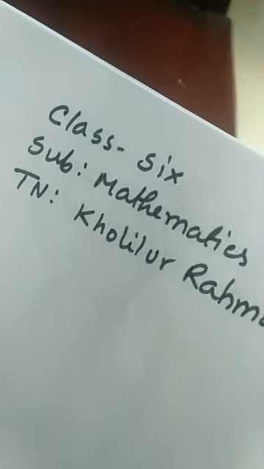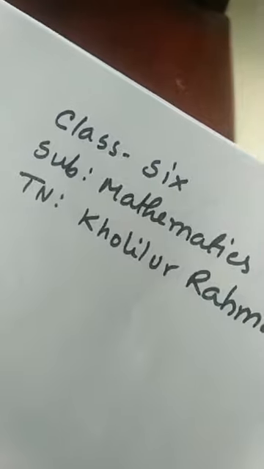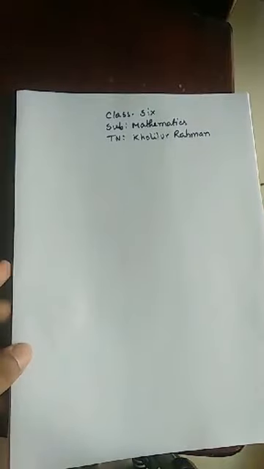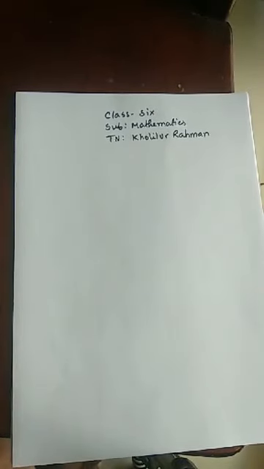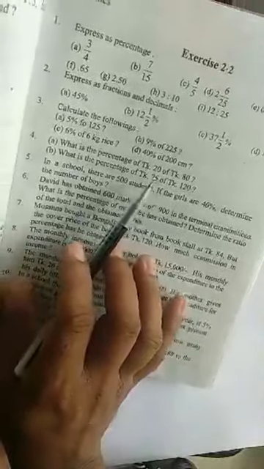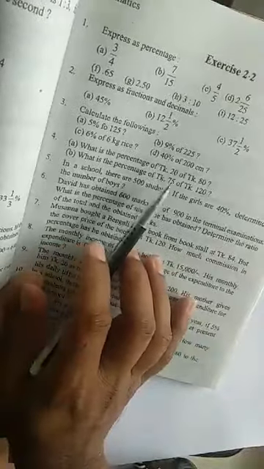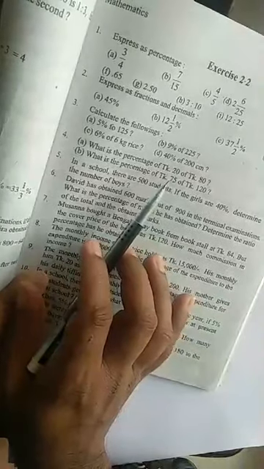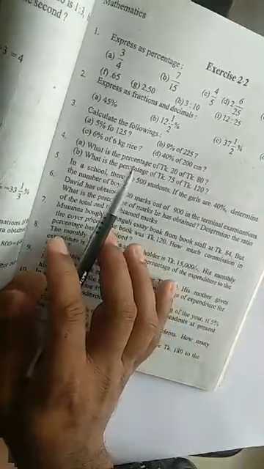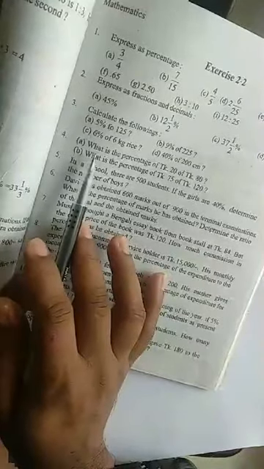Okay, my dear students, now I am going to solve number 4. Can you see now clearly? Number 4, you see what is written here. See your book. What is the percentage of taka 20 of taka 80? I think now it is clear. There was a network problem, so I am extremely sorry. Now 4a I am going to solve.